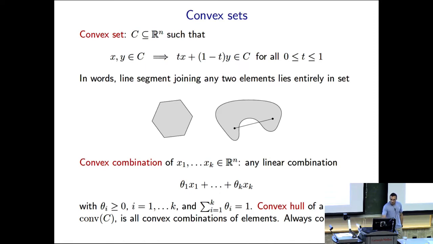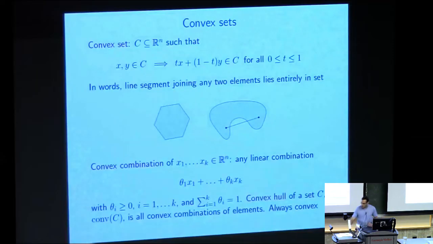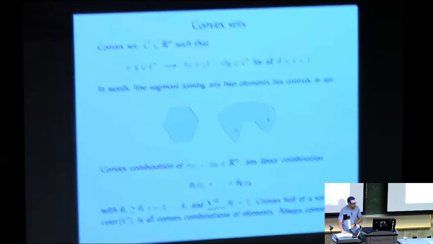And the convex hull of a set C, another important thing to define, which we denote by conv of C, is the set of all convex combinations of elements of C. And by definition, it's always convex. Okay, or merely by construction, it's always convex. So you can visualize a convex hull. For example, if we take this set up here,